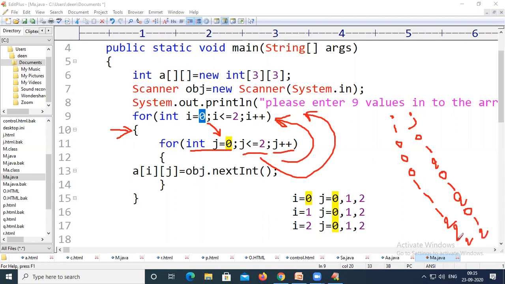Here what happens is, if j is again incremented on 2, again the condition became false. Again it comes out of the loop, and now I value will get incremented. Now I value will become 3, and it will check the condition 3 less than or equal to 2. Again it is false. So it will just execute the next lines of the code.